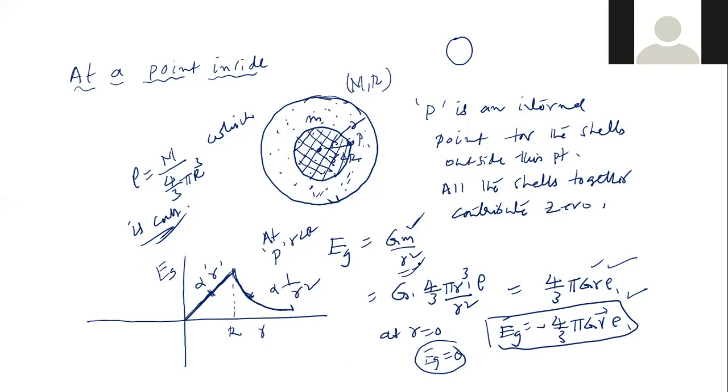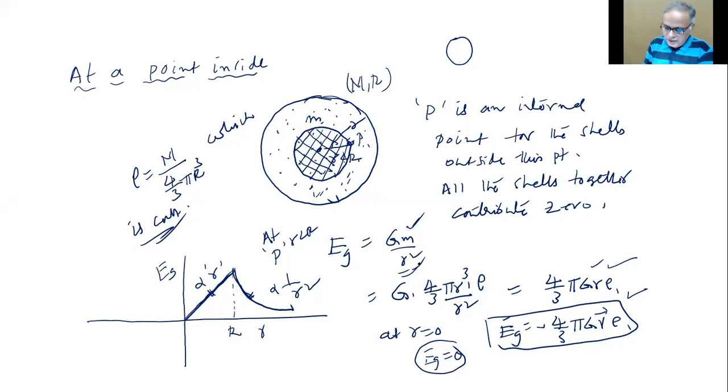And what is the purpose of gravitational field strength? I told you, Shreya, don't forget that. What is the purpose of finding out gravitational field strength? To determine the force later on a test mass. Test mass means a mass which is supposedly placed in this field of gravity of this sphere, and see the motion of it, how it moves. That's what you mean by central force motion, right? Yes, sir.